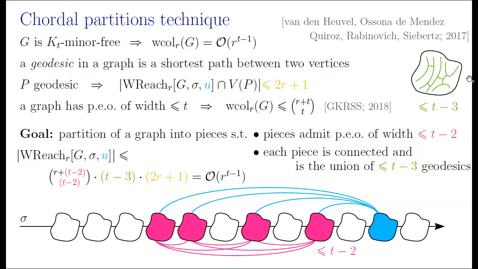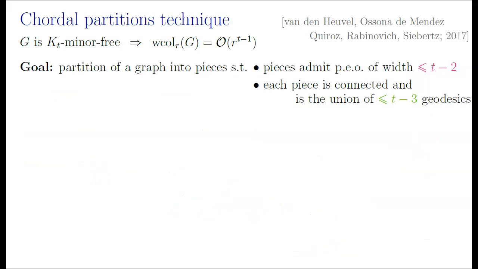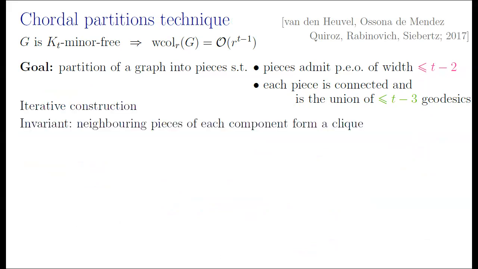So now the only thing that remains is to achieve the goal, so find this partition. How do we find this partition? This is just a restatement of what the goal is. It's an iterative construction. There is some invariant. The invariant says that,